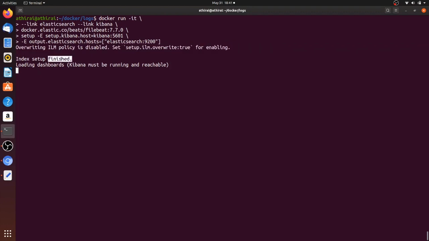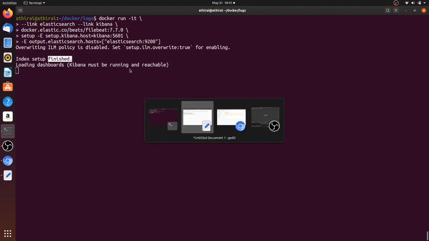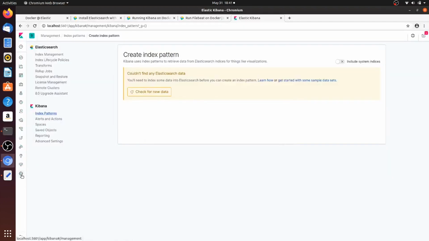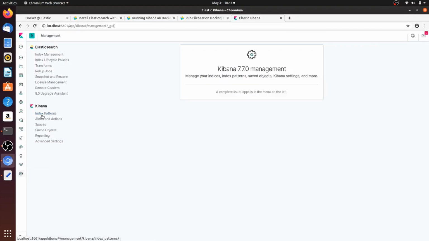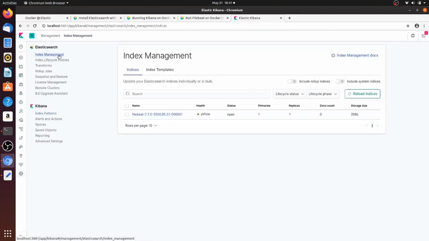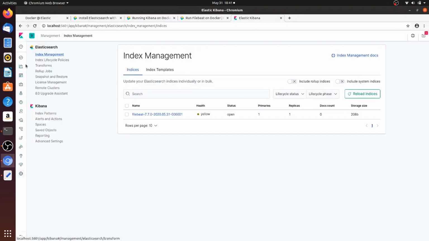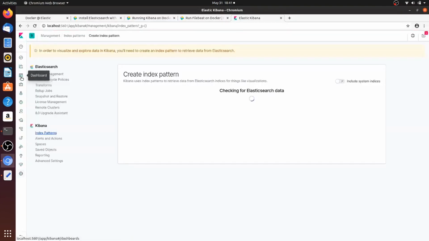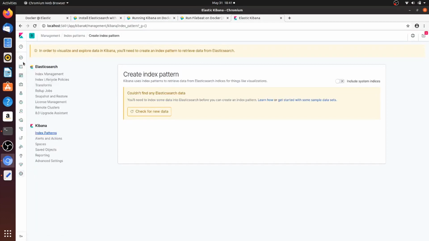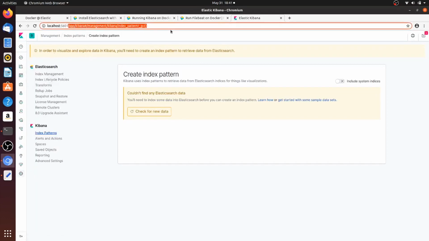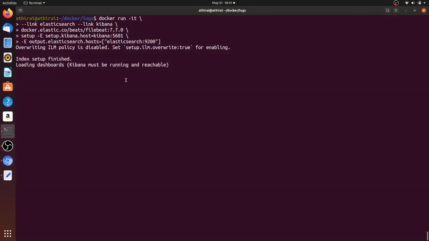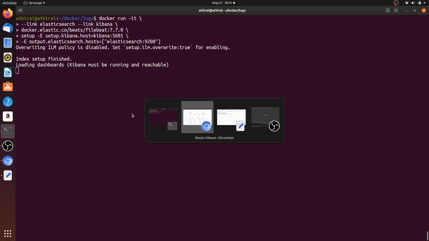So if we go to dashboard and Kibana and see, now you will see the indexes. Let's see if it is there. Again I'm clicking here and then go to index management. I can see the index created now. So let's see, it is just loading the dashboards now. So if I click dashboard, it is still, maybe we have to refresh. I will refresh Kibana, but still we will wait for the Filebeat setup to complete. It will take 1 or 2 minutes.